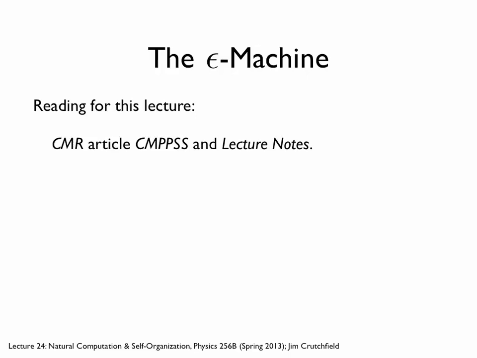If you noticed on the home page, I made a little note: I went back and fixed the topological reconstruction for the golden mean process. Those slides were wrong. At the last minute, I copied the wrong machine over, so it made no sense. But it's now corrected, so you can go back and look at that. The online lecture will have the wrong slides, but the PDF and the HTML for the slides are now corrected. So you can step through that. You probably would want to read that as you get ready to do those problems.